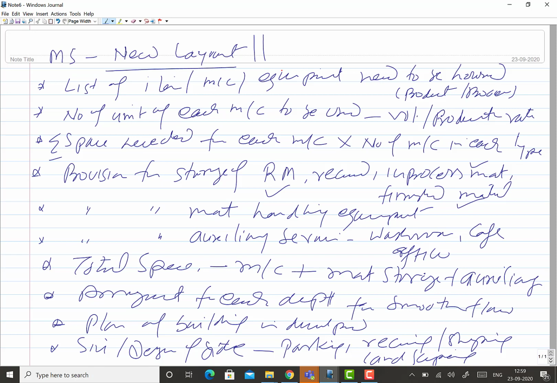So as I said, these are the various things needed in a layout. For the new layout it is fine; if it is being done from scratch, it is fine. Probably this can be done more systematically, but the work study man will hardly get an opportunity to contribute to a new layout. He will get the existing setup only for improvement purposes. So he will have to see what improvement can be done in the existing layout after the study.